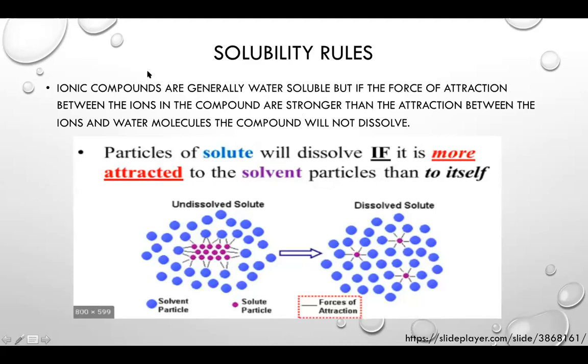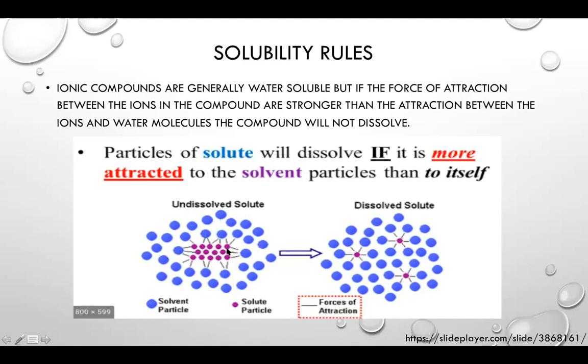So we have ionic compounds are generally water soluble, but if the force of attraction between the ions in the compound are stronger than the attraction between the ions and water molecules, the compound will not dissolve. So we have a graphical or pictorial representation of this below. The particles of the solute will dissolve if it's more attracted to the solvent particles than to itself. So we have here this undissolved solute. The solute, which is what there's less of, is going to be here represented in the purple dots, and then the solvent particles are in the